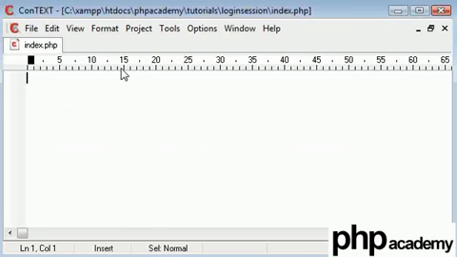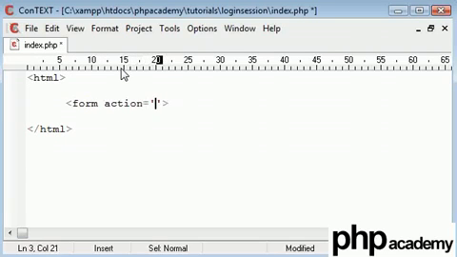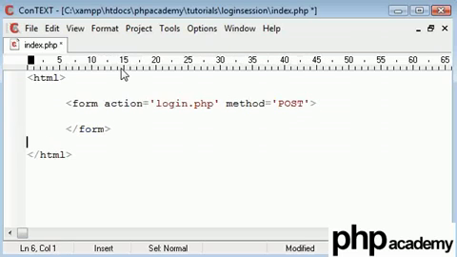Okay, so to start with, I'm going to create my HTML form, and then I'll take you through some of the MySQL things that we are going to set up. Okay, so our HTML form, we're going to have the action going to a page called login.php. We're keeping separate pages to keep it simple, and our method is going to be post. And let's end our form and start creating our input